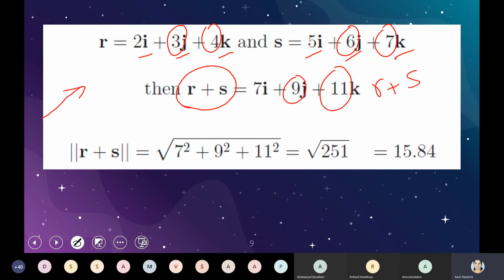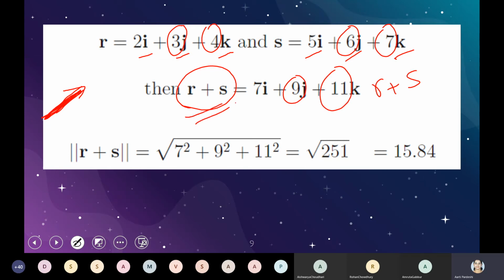Imagine suppose this was the vector. Actually it will not look like this. Actually it is coming in your direction. It is going to have some thickness because of that z axis. So instead of imagining it like a flat vector, you can imagine it like a cylinder vector which is coming in your direction or going away from you. So R plus S is there, and if someone asks you to calculate the magnitude of the resultant Cartesian vector.